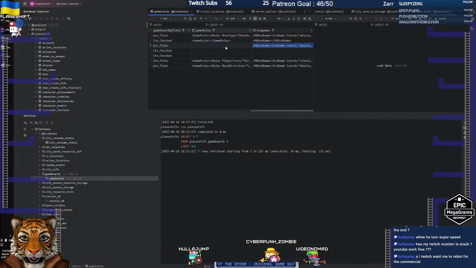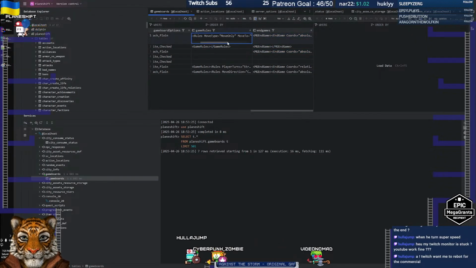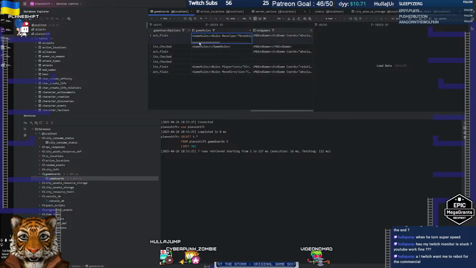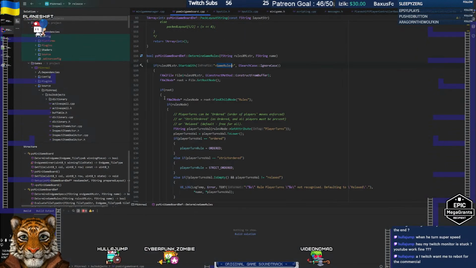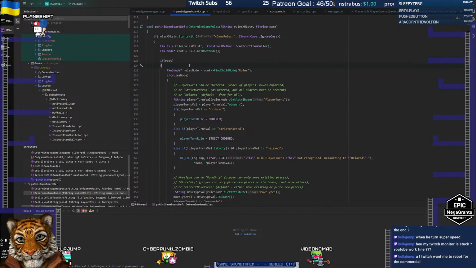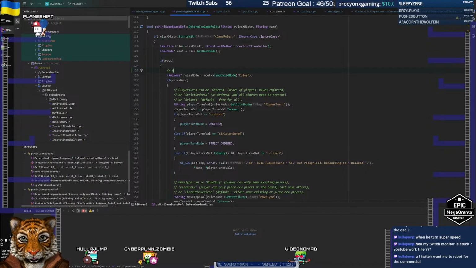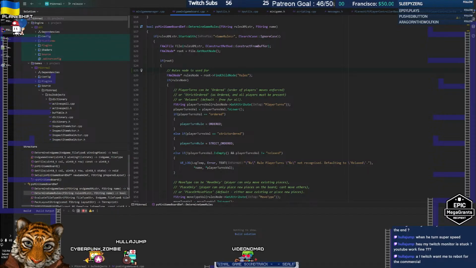And inside game rules, we have a rules node, but I think we want to change this a bit. So we want to say that a rules node is used for